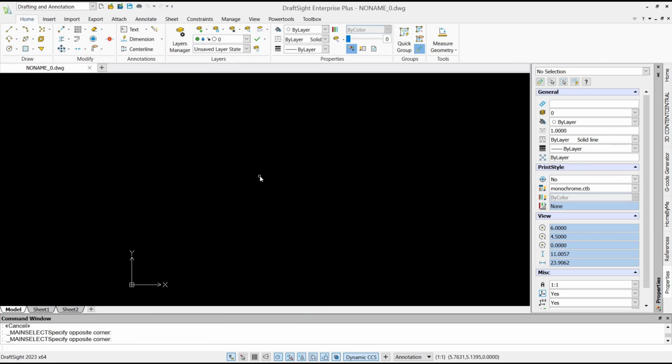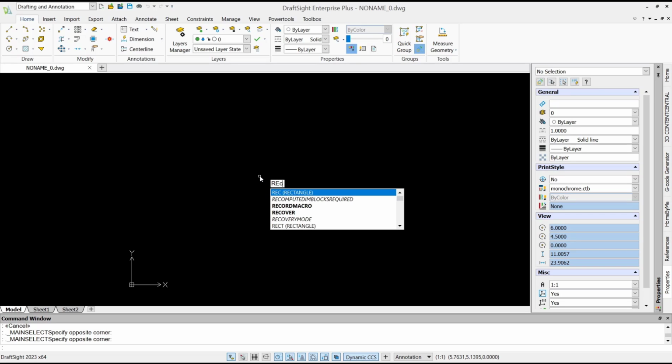Hello everyone, today we are going to learn basic DraftSight tutorials: how to snap to midpoint. For example, I will create a rectangle,